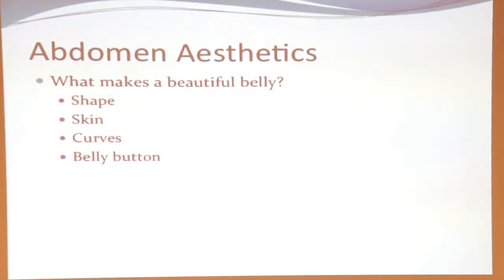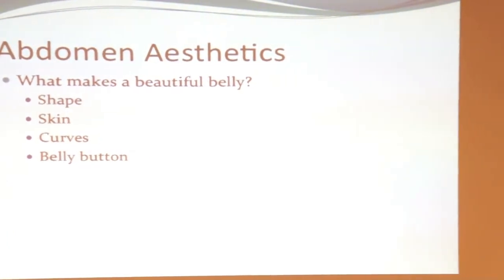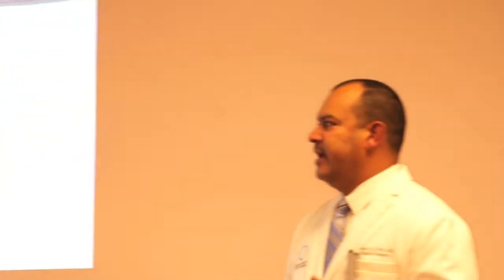So the abdominal aesthetics, as well as the breast, we find certain aesthetics on the abdomen attractive. So when we see somebody with a nice torso at the beach, it's like, that is a pretty abdomen, okay? And what enhances that is the shape of the abdomen. Usually we don't like to see squares, more of an hourglass waist actually. We find the quality of the skin attractive, okay? Also curves at the top of the ribs and at the bottom on the iliac crest, which recreate the hips, okay? And last but not least, the belly button,